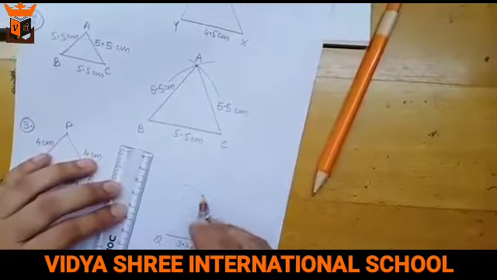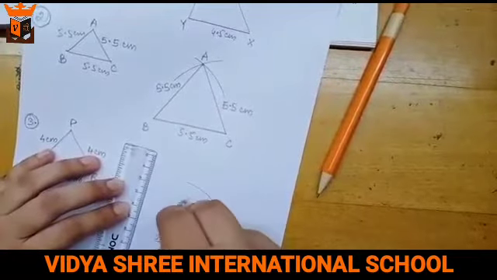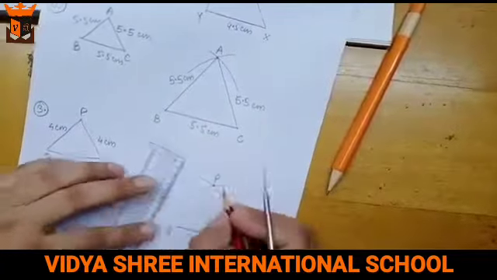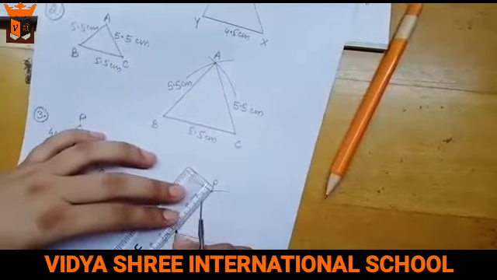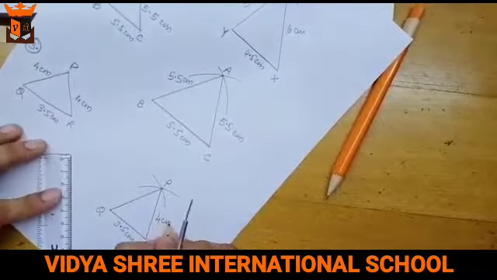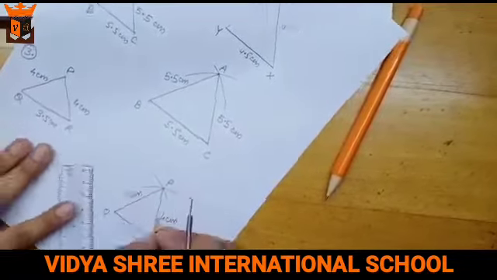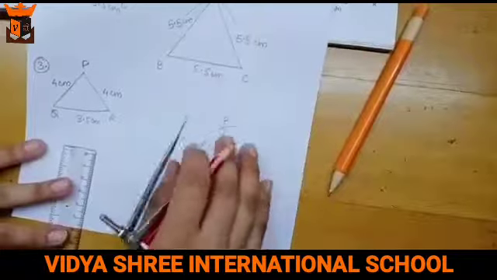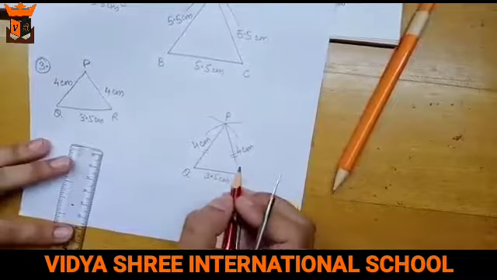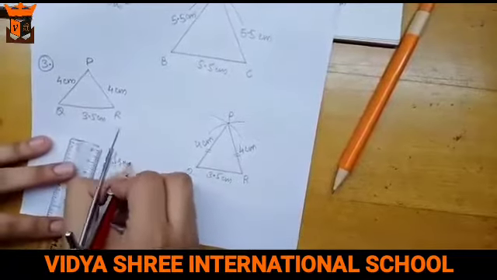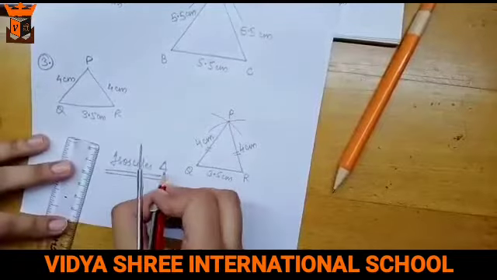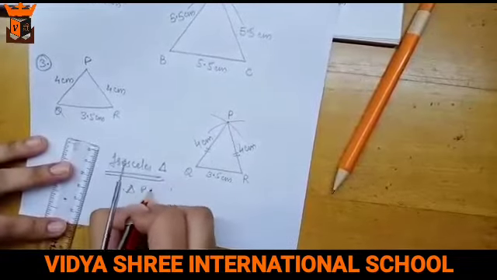You can take an arc and cut the first one. That is called point P. And join these lines like this. Okay, so this is also 4 centimeters again. Through this figure, what you have observed, if two sides are equal, which triangle is it? This triangle is an isosceles triangle. So this is very beautifully created. This is isosceles triangle PQR.